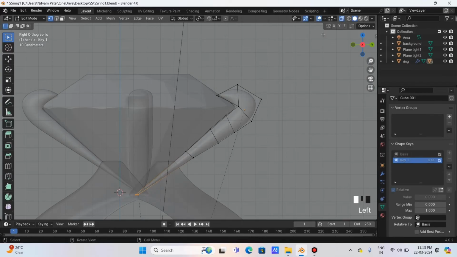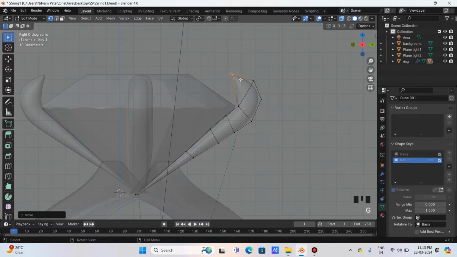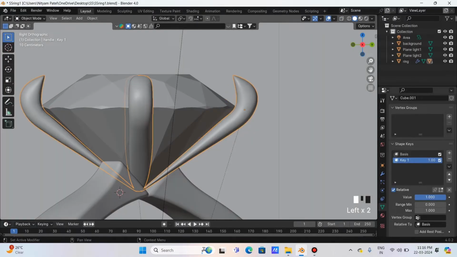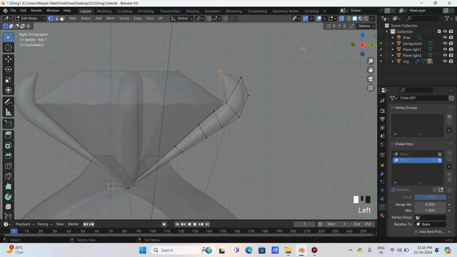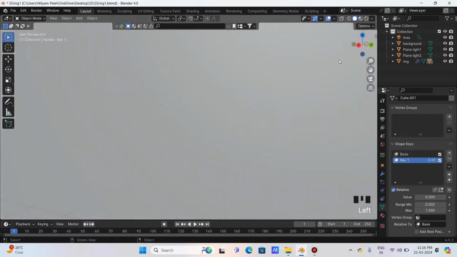By selecting the key 1 I am going to the edit mode and simply change the shape of the handle, and by not applying the mirror modifier, all the changes I do in one handle have the same effect on all of the handles. And after going to the object mode I can simply change the shape by changing the value, and if I applied the mirror modifier then I would have to change the handle shape 4 times, and obviously the result is not the same in all the 4 times. So that's why I didn't delete the plane of the handle,